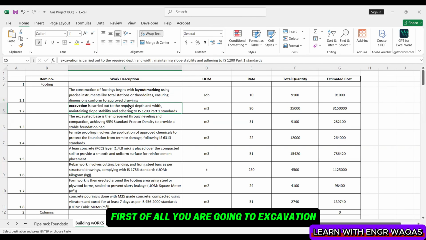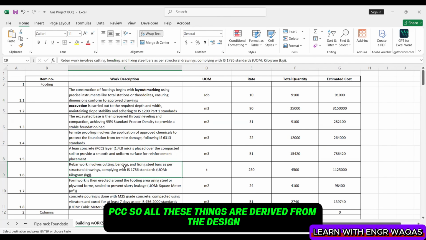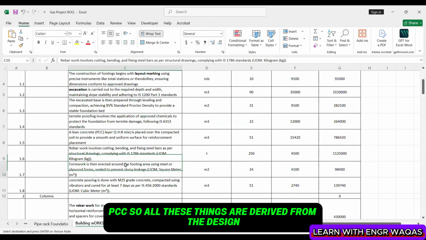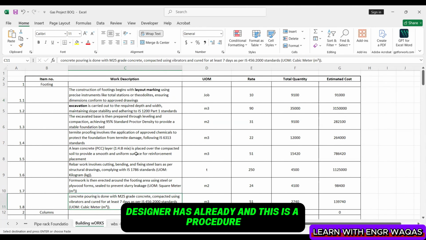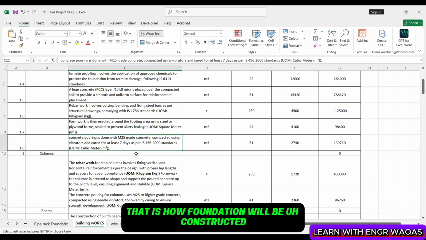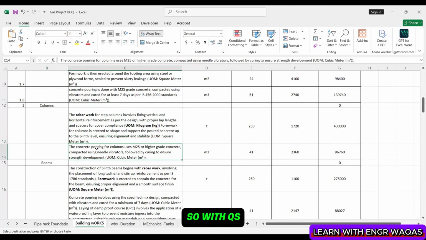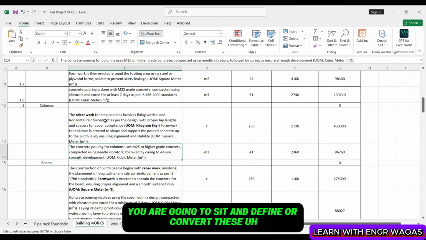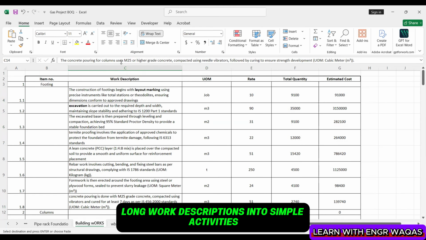First of all, you are going to do excavation, leveling, termite proofing, PCC. All these things are derived from the design. The designer has already given this, and this is the procedure for how the foundation will be constructed. Then columns, this whole procedure. So with the QS, you are going to sit and define or convert these long work descriptions into simple activities and load